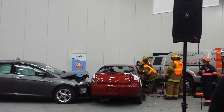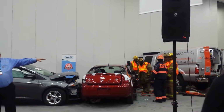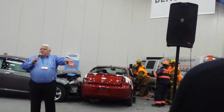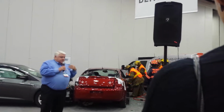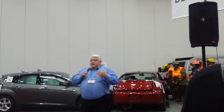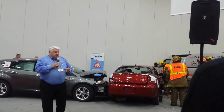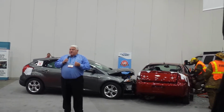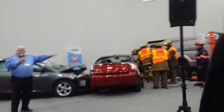Some of the things that, as you're watching what they're doing here, you see these little Tinker Toy tools that they're working with. George, why don't you just pass one of those around so all of you get a little flavor of what the weight of these tools are, what they're like. This is what these guys have to use in order to open up these vehicles, in addition to the heavy clothing that they're wearing as well. So this is not a game for unfit individuals. Okay, we need to be aware of that. If you noticed on the back corner over here, and the canister